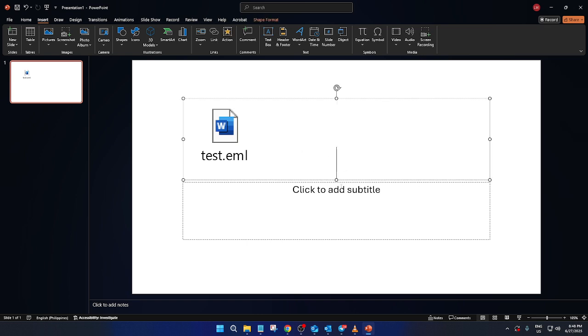And there you have it. By following these steps, you've successfully inserted an email into your PowerPoint presentation, enhancing its depth and context. This can be a powerful way to ensure your audience has access to all necessary details in a professional and